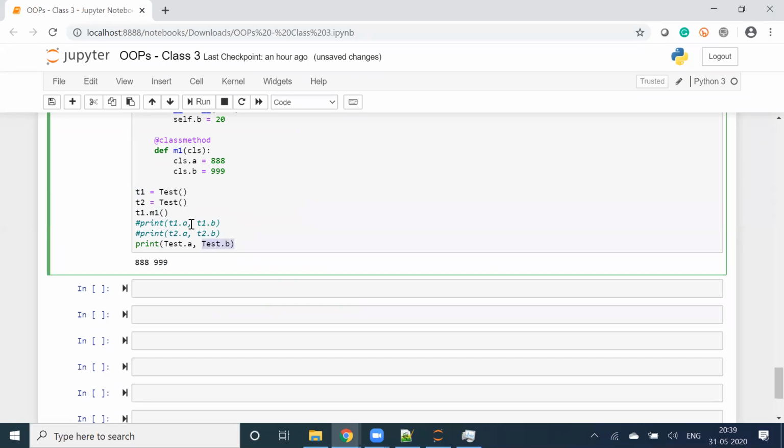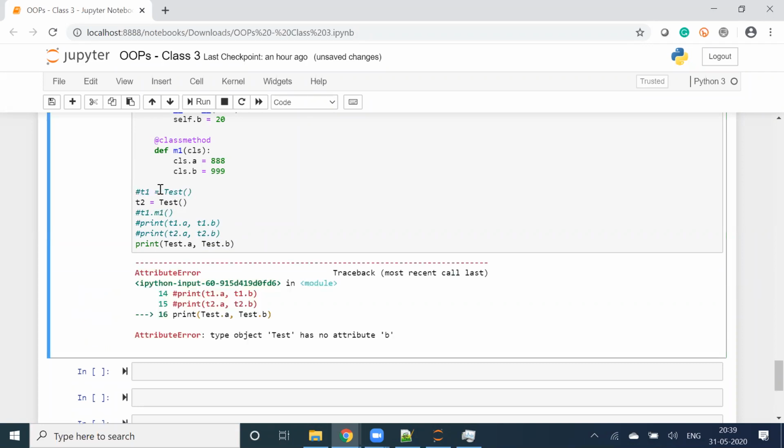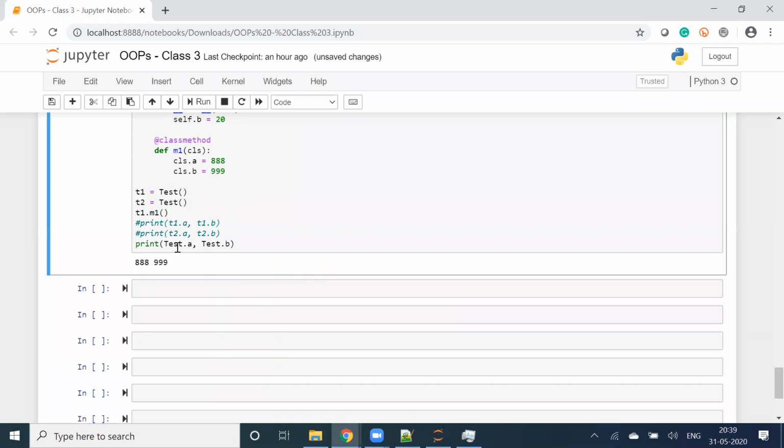The static variable will only be created when T1.m1 runs. I commented that out, that's why it is giving me an error, because it is not able to update. So once it is able to update, then it will give me 999. Clear? Because Test.b will always give me the static variable. The static variable will be created by this command. If this command is not executing, Test.b will not be there. All of you clear with this?